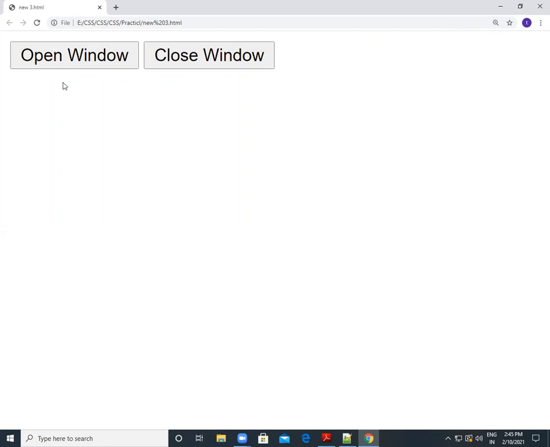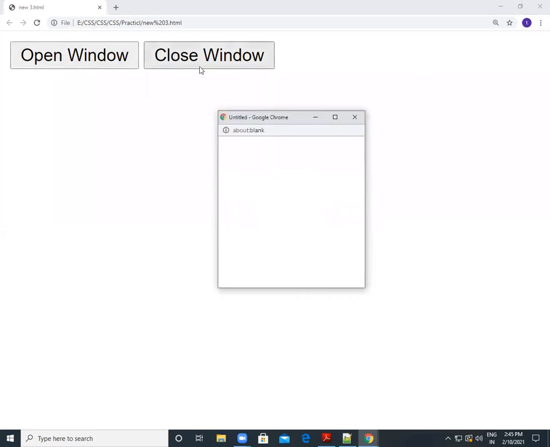Now when we click on the open window button, you can see here one window is open. When I close this window, we can close it here. But if I click on this button, let's see whether this window will be closed or not. You can see that this window is closed. So using the open window function and close window function, you can open and close that window.